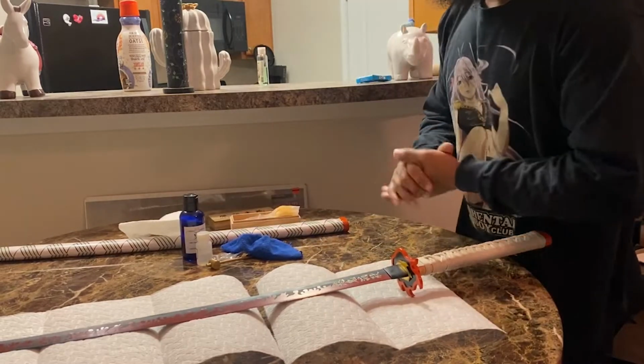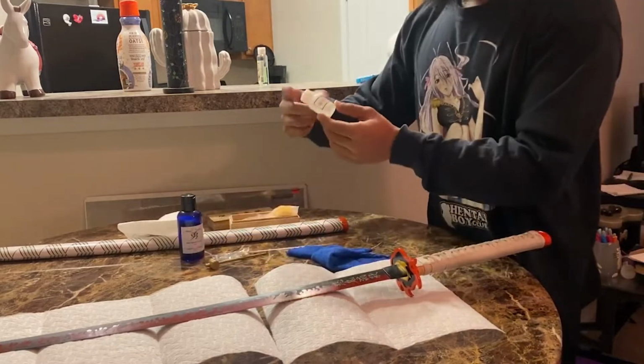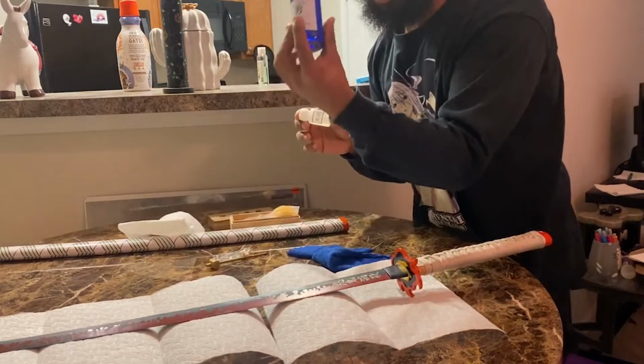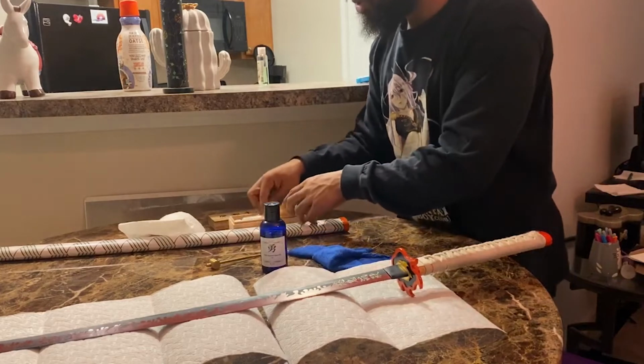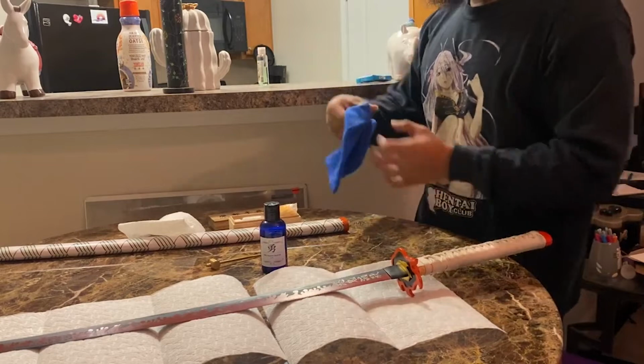And what we're going to do now is the blade oil. I'm not going to use the one that came in the box just because I've been using my Shoji one. I prefer this blade oil. It's realistically the same thing, but I just prefer that one. So what we're going to do here is what I do: fold the towel one time,